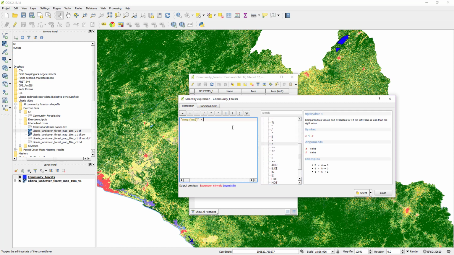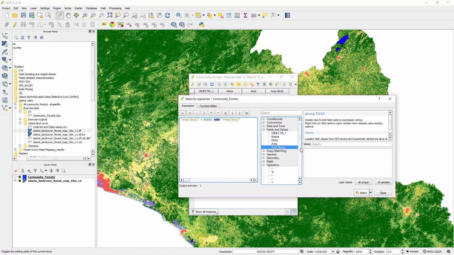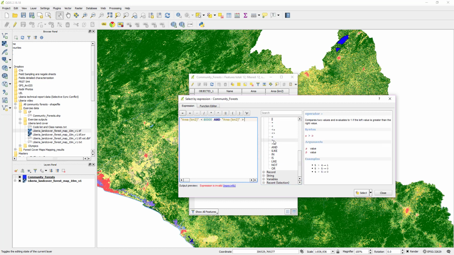Choose less than, type in 80,000, add and, do the same thing with greater than 10,000. Now press select,